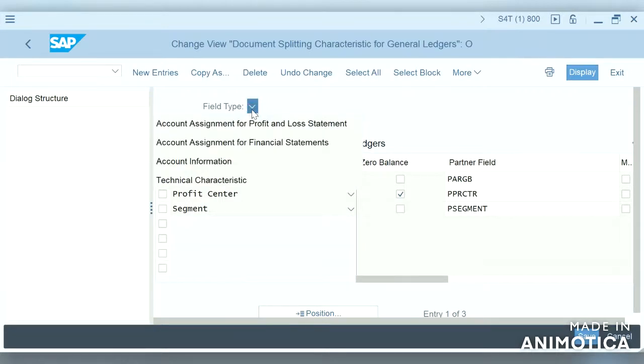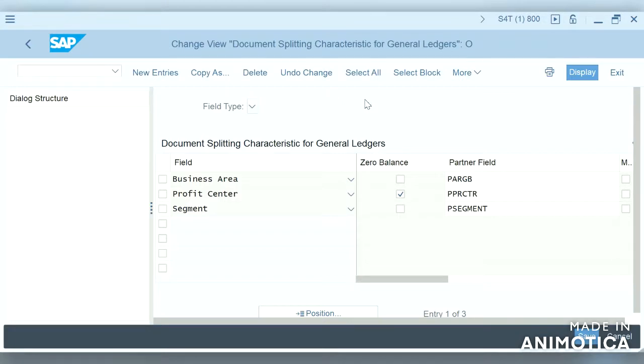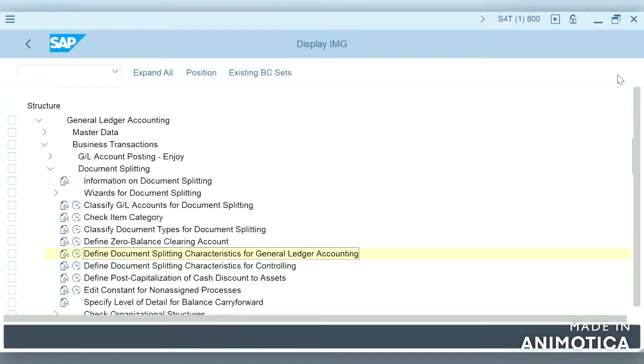So if you see here, account assignment for profit and loss account. So document splitting characteristics for general ledger, it is profit center, zero balance and mandatory or not. So let us move on to the next configuration.